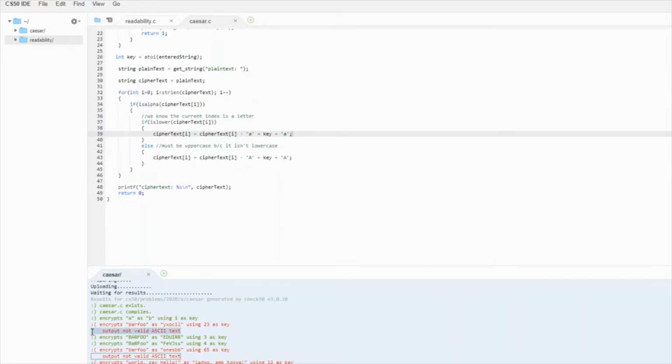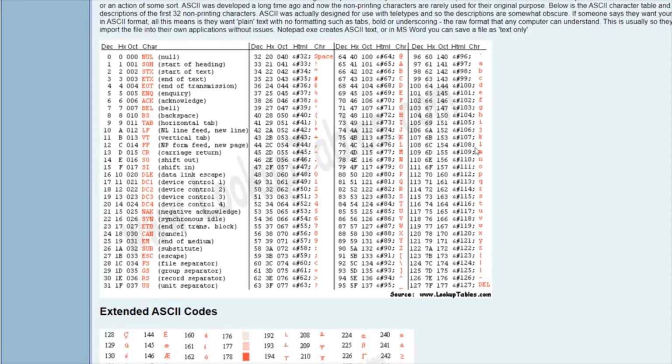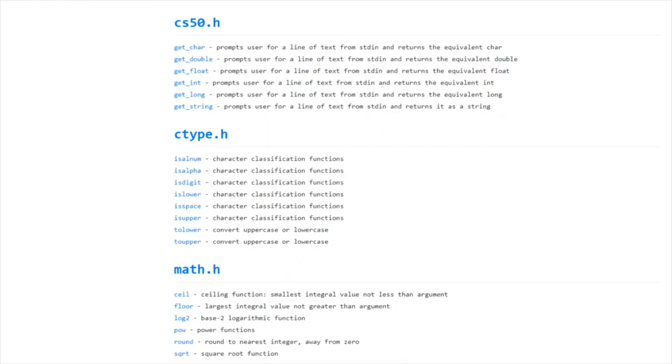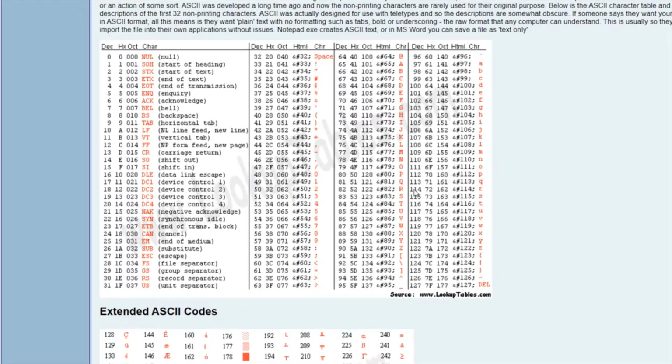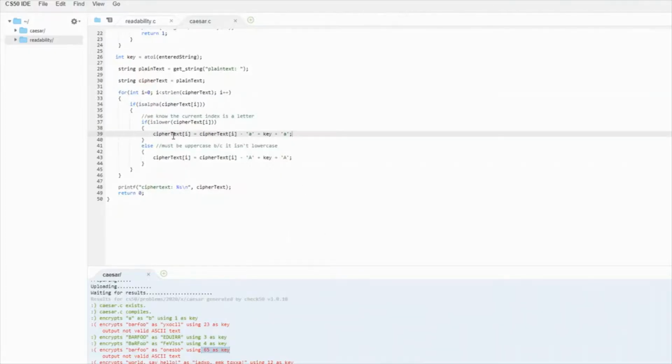It's saying this is not a valid ASCII text, and so that's just saying when we did this math, because they entered a 26, it went off somewhere here in the deep end. So 66 plus 26, it's probably, I don't know, a caret or a bracket or something that we can't see correctly as a letter.